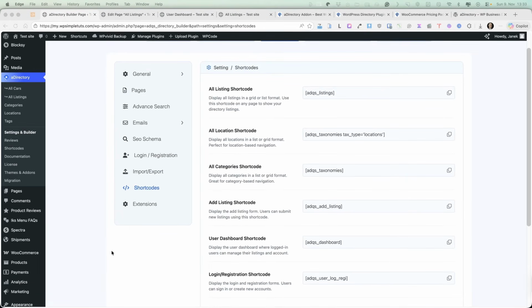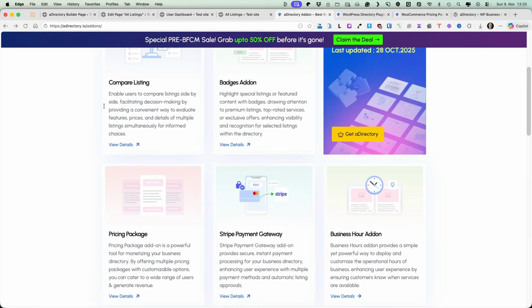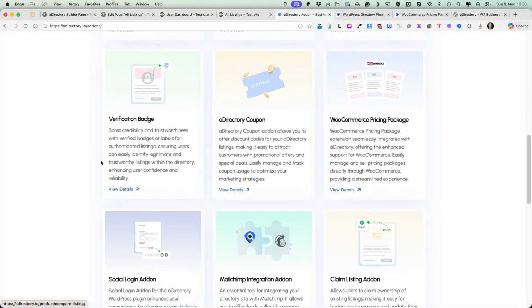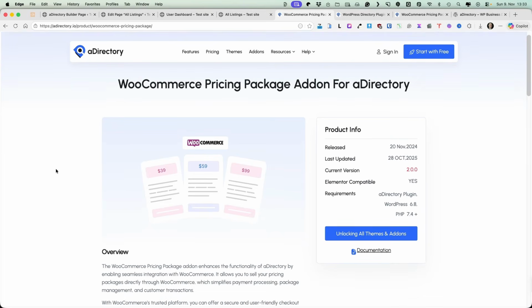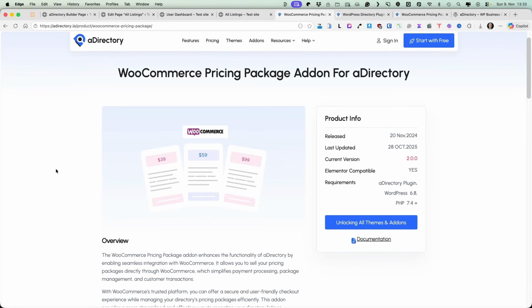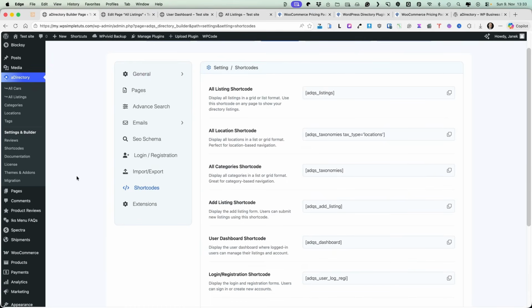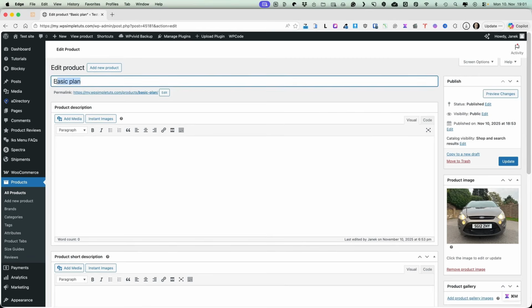Now, before I wrap up, there is one more important thing I want to show you, and that is related to the extensions. Once again, these are the Pro extensions, which you can access when you have the Pro version of this plugin. I'm going to install this WooCommerce pricing package add-on, and what it's going to do for me is, I'm going to go to the products, add a new product, and now I can add the product, give it